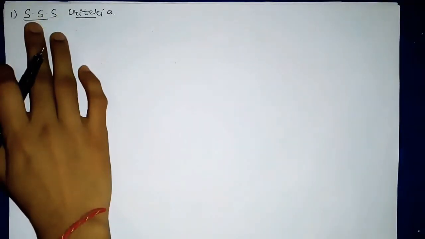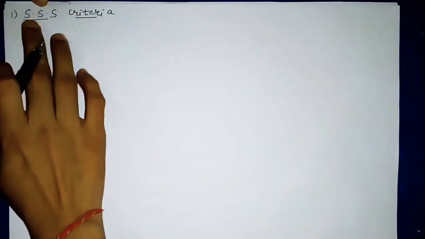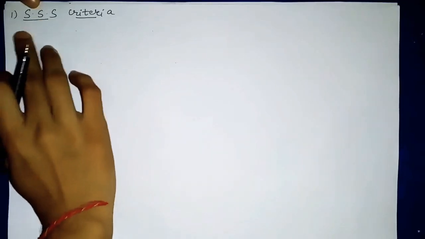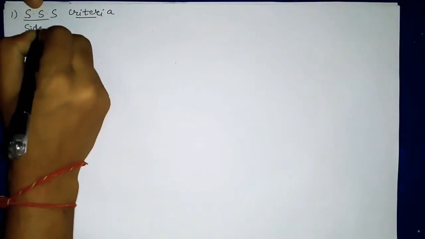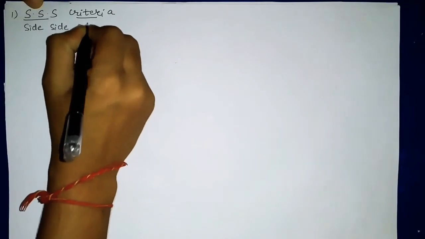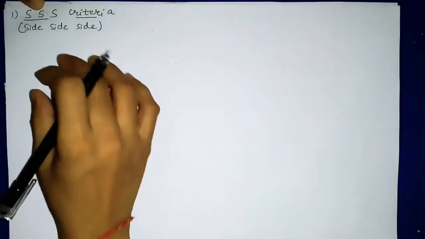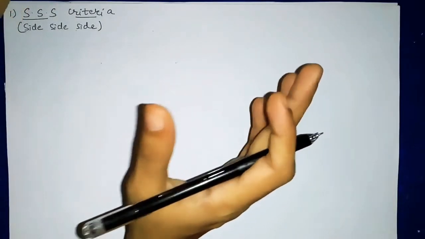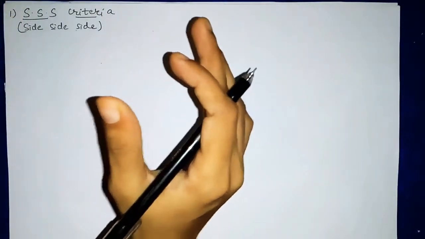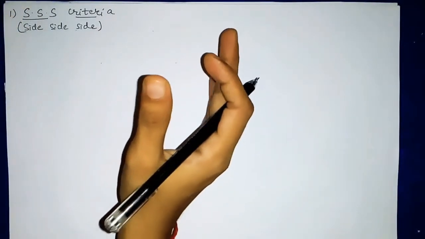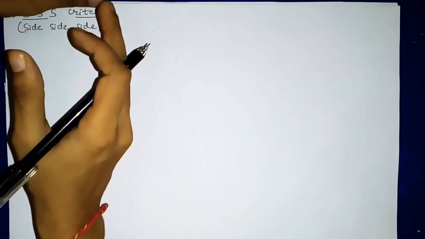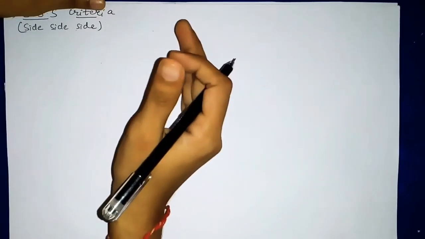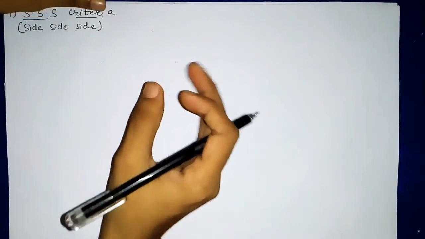So in that, first criteria is SSS criteria. Now what is SSS? SSS means side, side, side. So 3 sides we have to see. Whenever we compare 2 triangles, suppose 2 triangles are given and both are corresponding to each other, उनके सारे parts exactly corresponding है. So under a given correspondence, the 3 sides of one triangle should be equal to the 3 sides of the other triangle, not any 3 sides, corresponding sides of the other triangle. Then the triangles are said to be congruent.